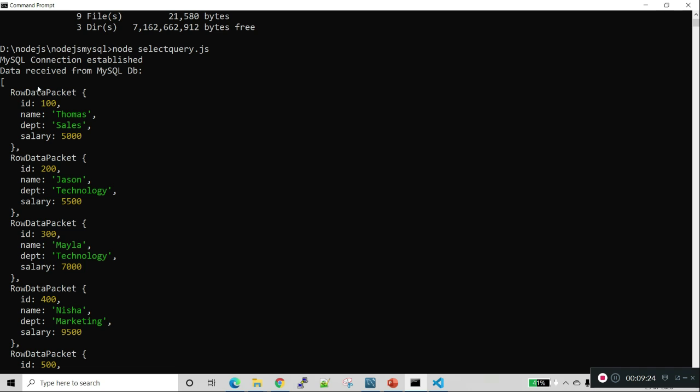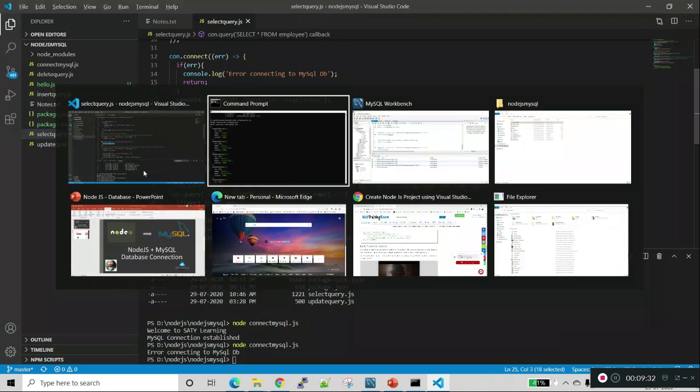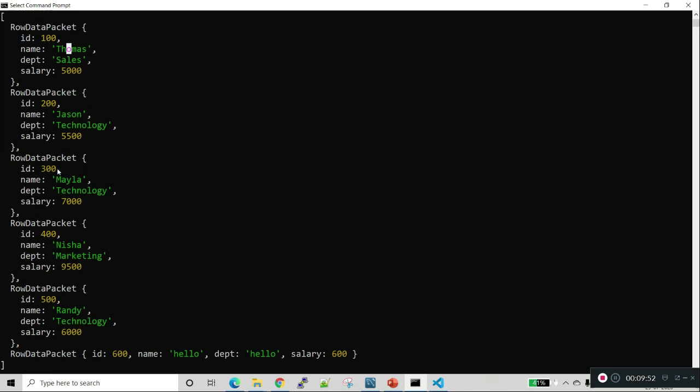Now if you see the output, the first line, when we are logging the rows, prints the entire data packet. There are four different columns in this table: ID, name, department, and salary. So this is the value for each row, the row data packet.